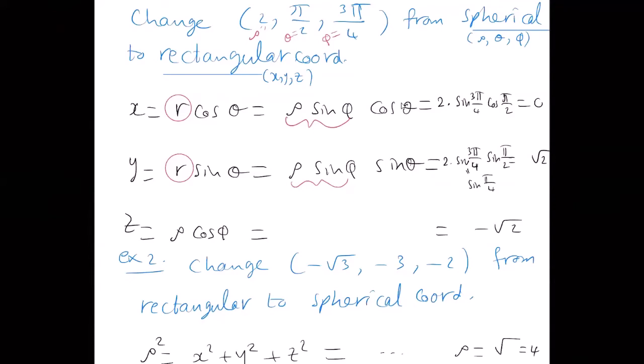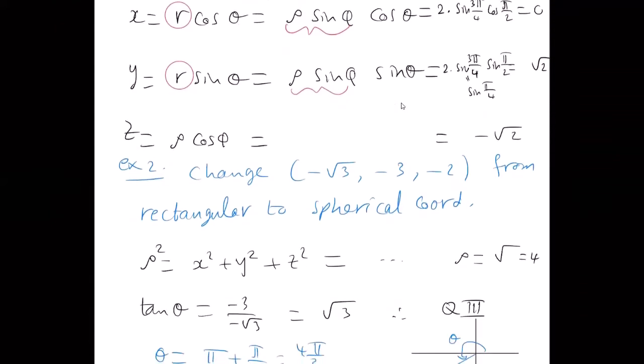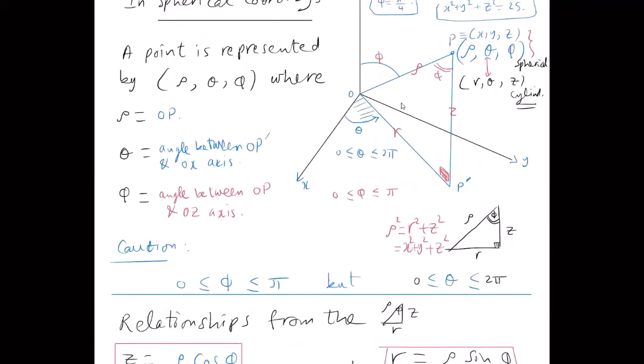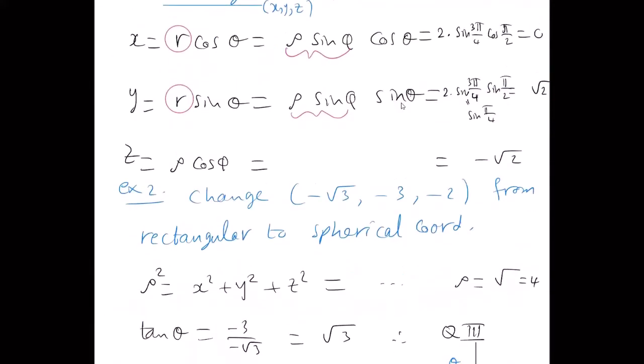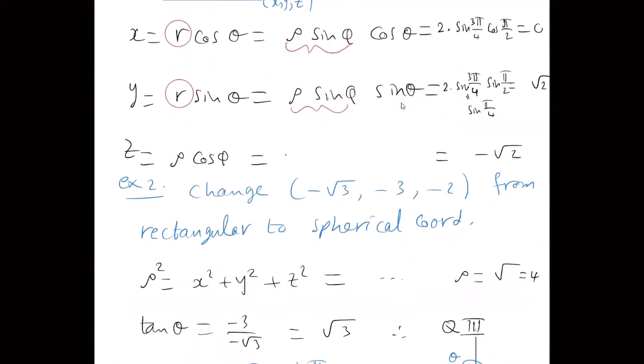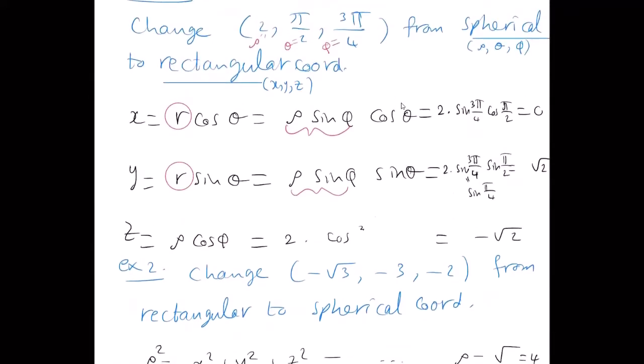Supplementary angle, which is 1 over root 2 times 2, we get root 2. The easiest coordinate here in this transformation from spherical into rectangular is the z coordinate, which is rho cosine phi. Why is that? Z is the side adjacent to phi, so it's rho cosine phi. So we get rho is 2, cosine phi is 3 pi over 4,